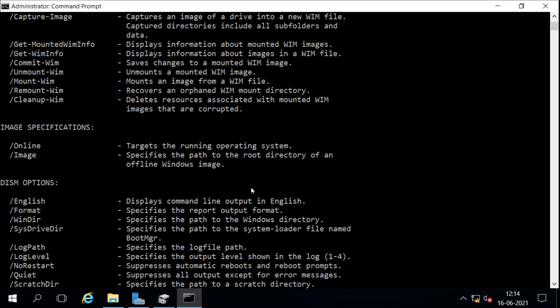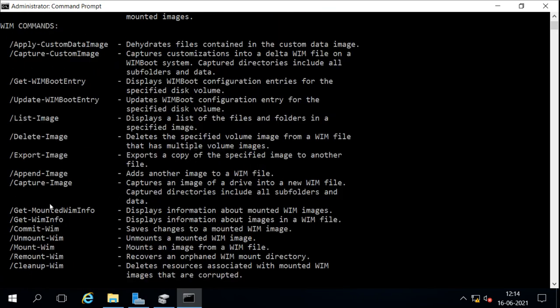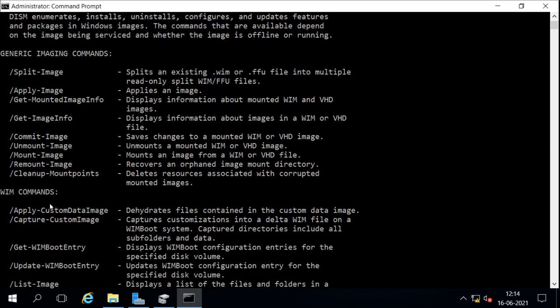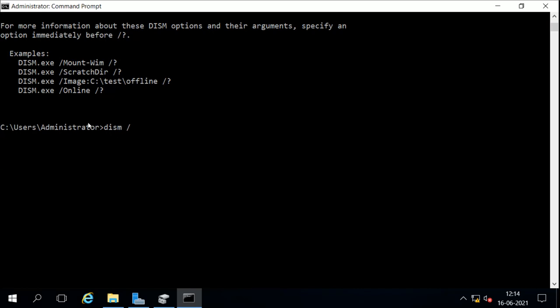We can see all these options here. In this option there is an option to get the image info. Image info means it will show you the image information.